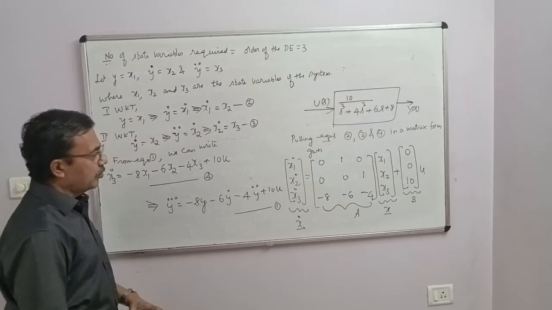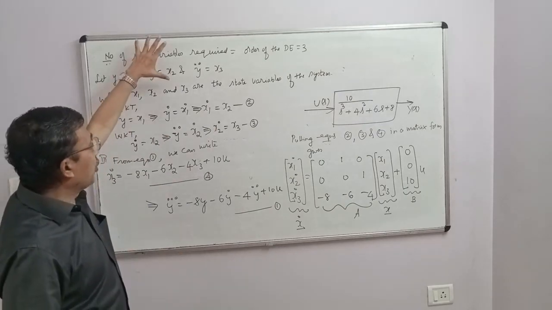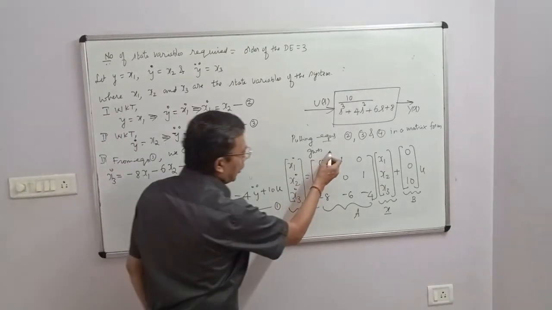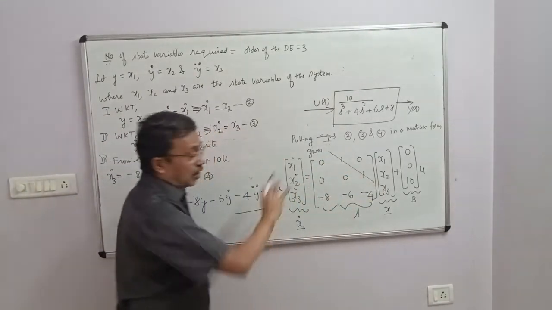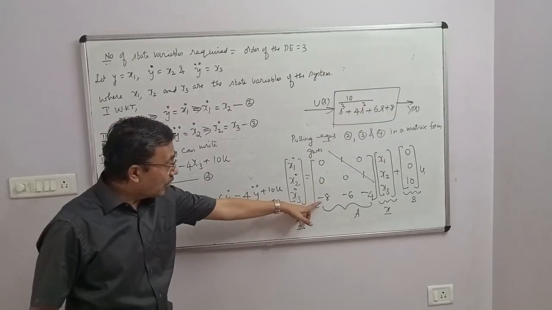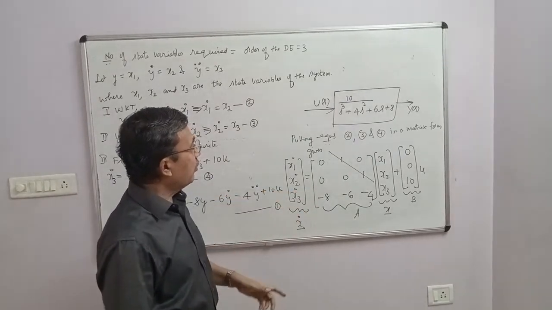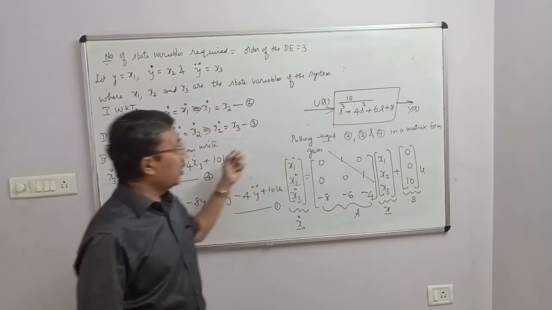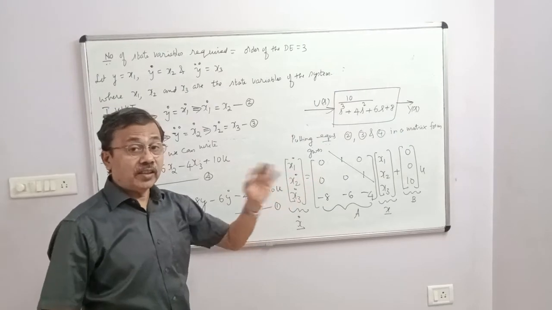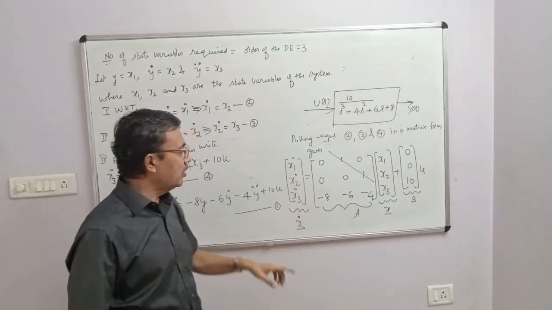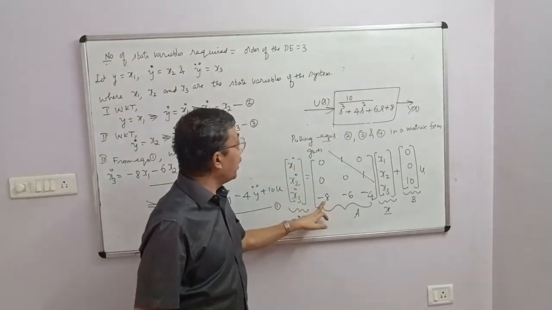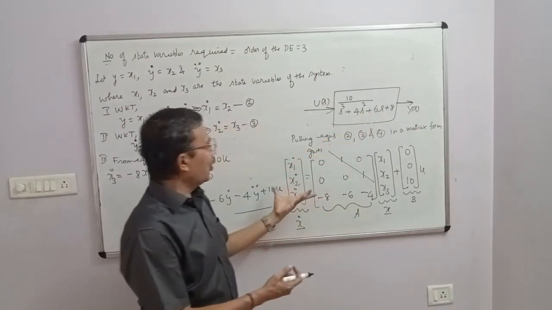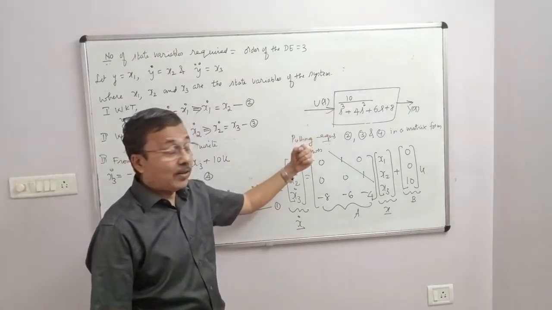Now if you see this solution, without undergoing all this, directly I can write the solution. See here, along the super diagonal you must have 1. Rest of the elements will be 0. Now come to last row. Last row contains the coefficients of the denominator polynomial written in the reverse order with a sign change. 8 becomes minus 8. 6 becomes minus 6. 4 becomes minus 4. Directly you can write by looking at the transfer function itself.